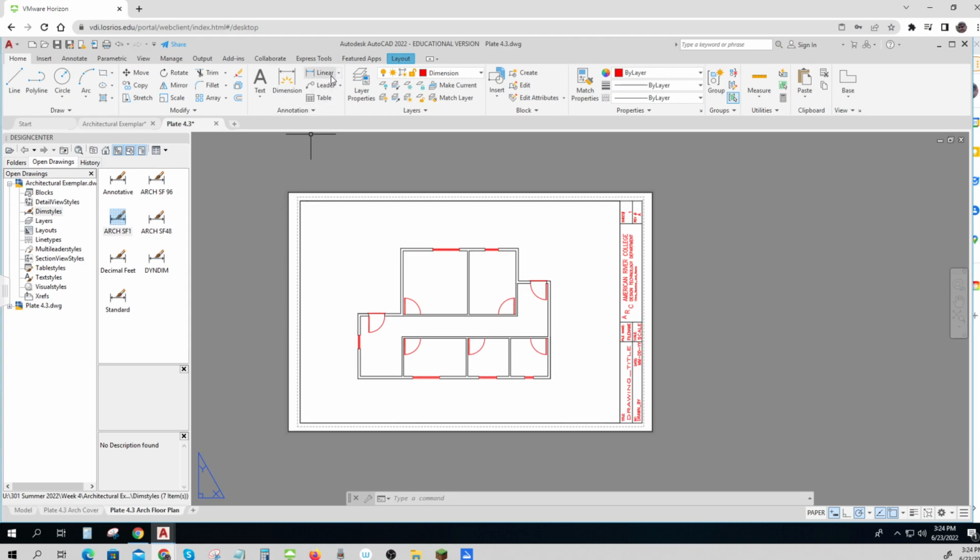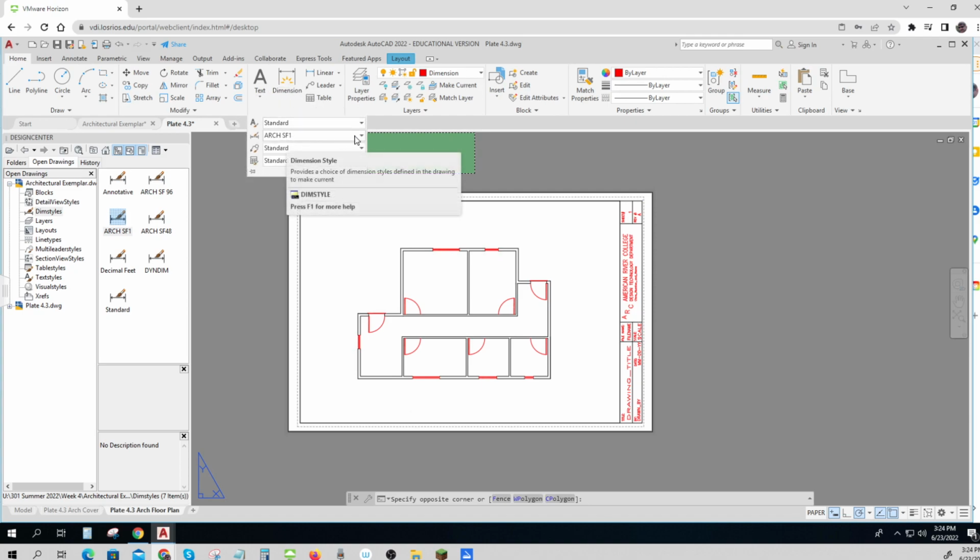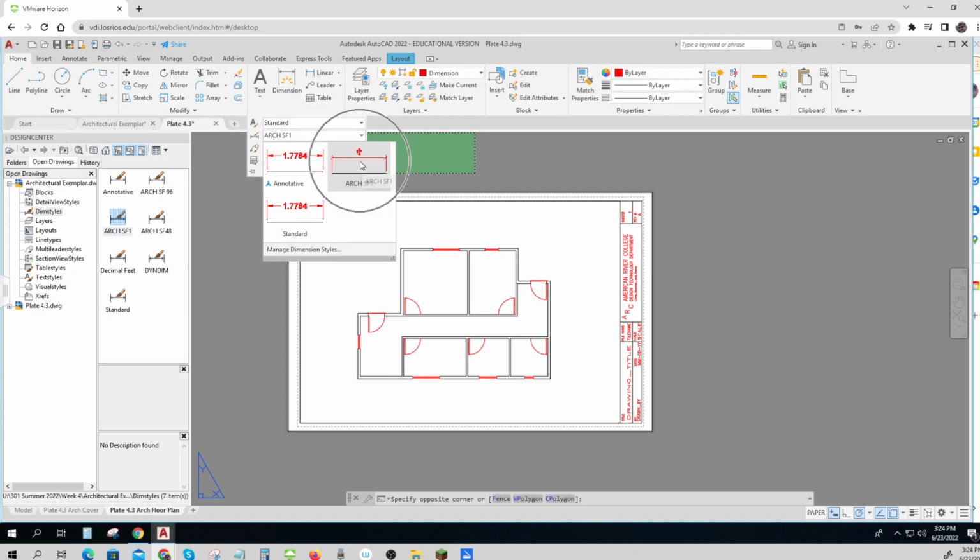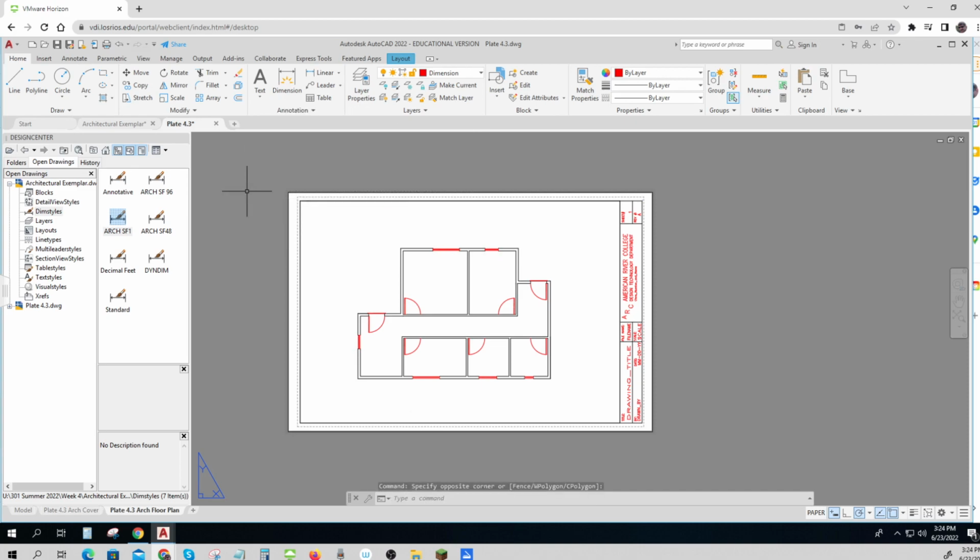Okay, so now I've got that in there, and so I'm going to have to go to this little button down here, tiny little button on my annotations, and I want to make sure that that one is selected for architectural scale factor 1. And this is all going to be linear dimensions. So I'm going to click and I'm going to go from outside of wall to,